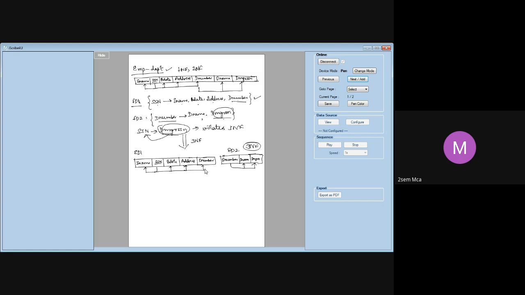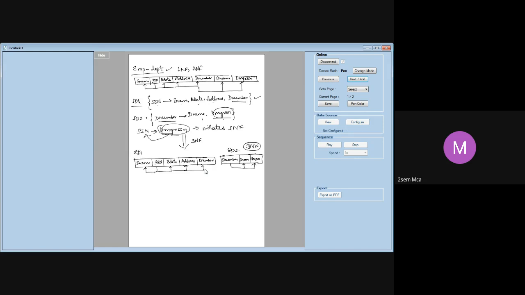So third normal form states that, first of all, the table should be in second normal form. The second condition is that no non-prime attribute should be transitively dependent on the primary key of R. So if you have an attribute which is not a prime attribute, it cannot transitively depend on the primary key of R. If that is there, then it is violating the third normal form. That is what is happening here.